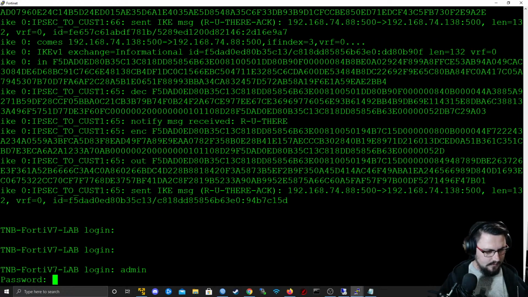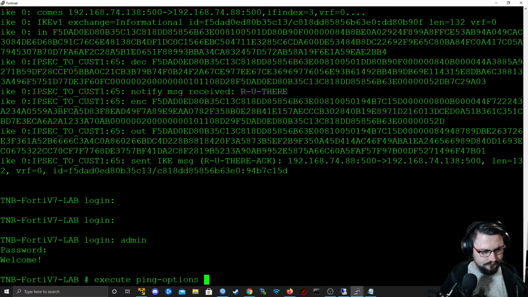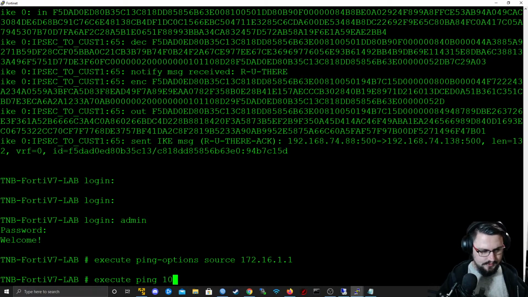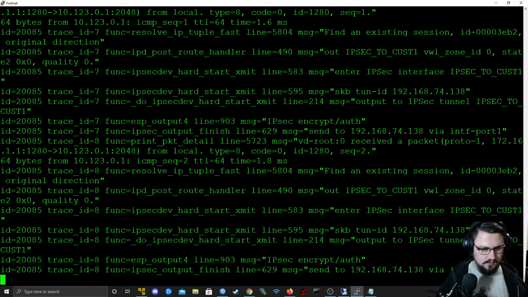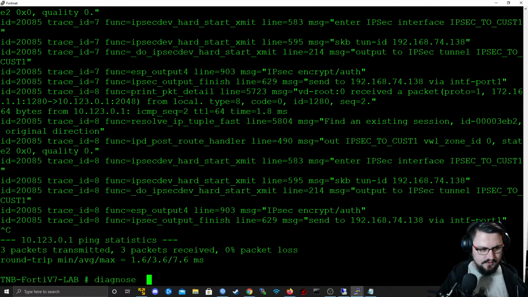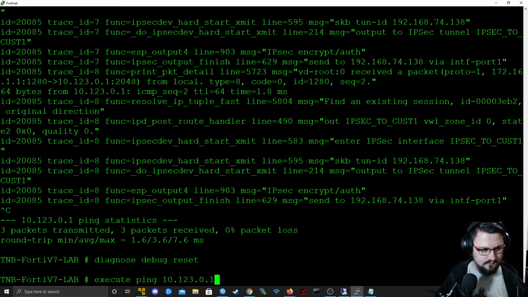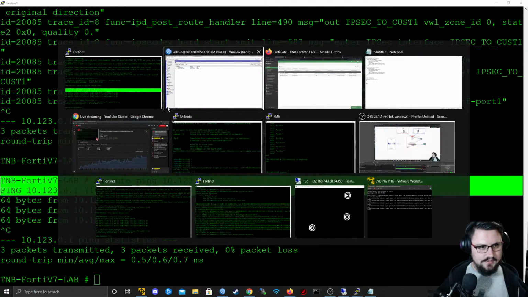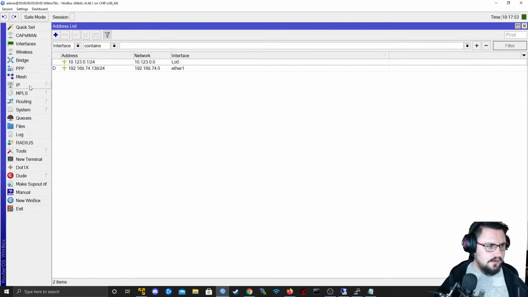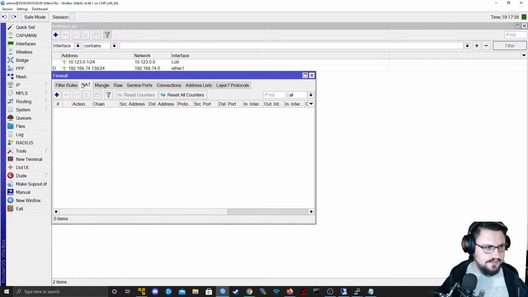Admin password, source 172.16.1.1, execute ping 10.123.0.1. Let me just disable the diagnose debug reset. So I can actually ping across. That is pretty wild. And I didn't have to do any of that other firewall business on the MikroTik that